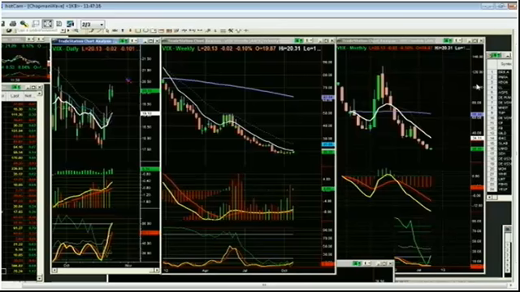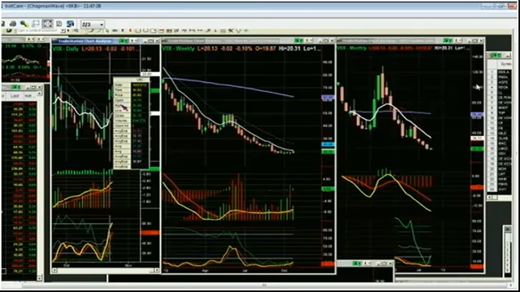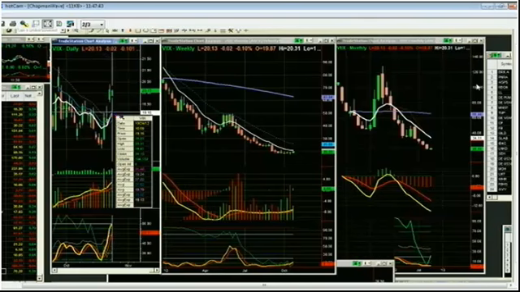Now, I don't know how it would fit into any portfolio. I don't know whether this would be protection for your long, maybe you have mutual funds, whatever it is. If it's not that, if it's just a pure play, then I would say to you, start a tiny position here. If it takes out 20.38, you can add another small position, and you can make a stop on one of your positions somewhere around 19.16. That's the way I would trade it.